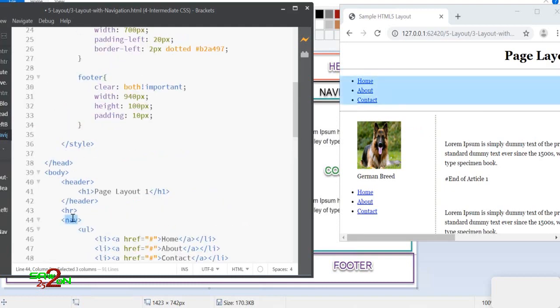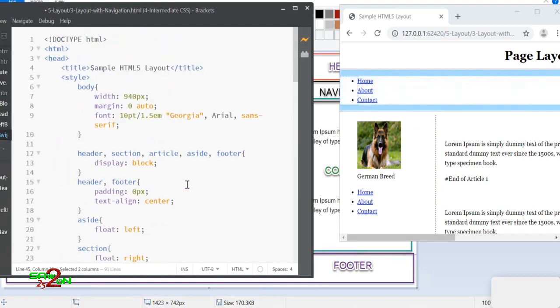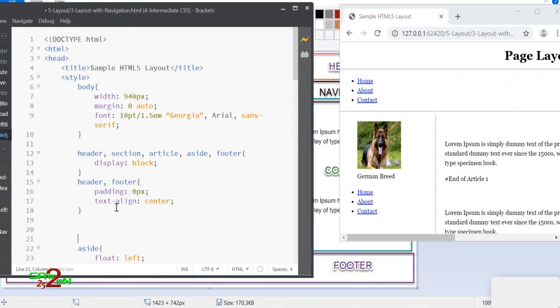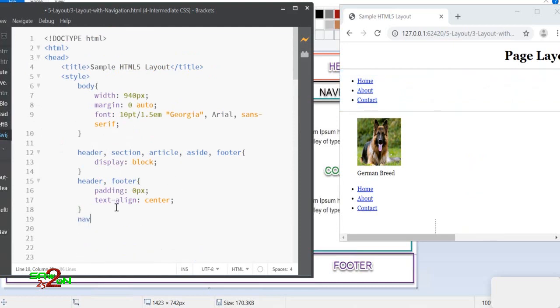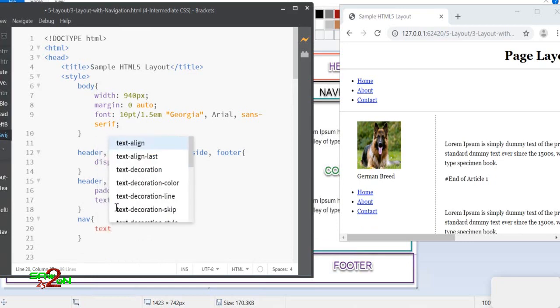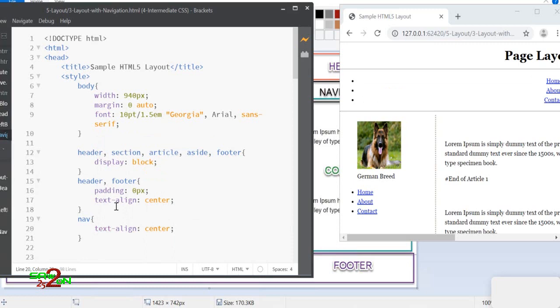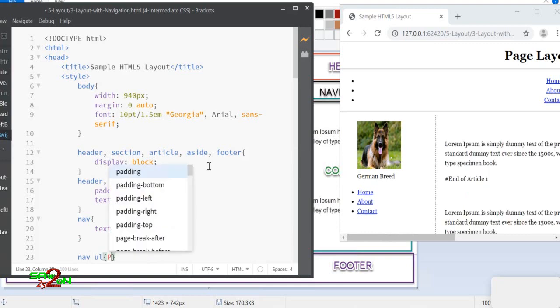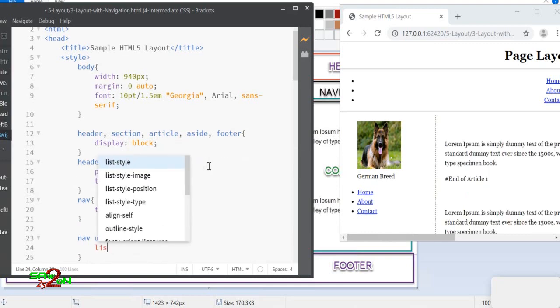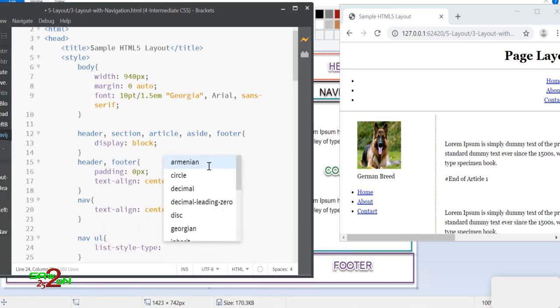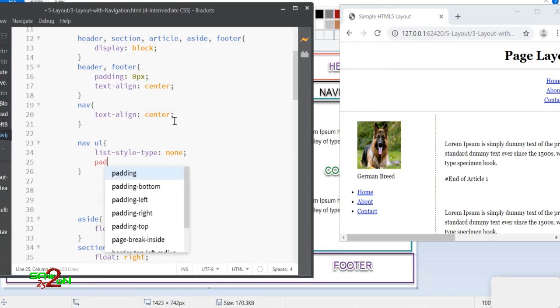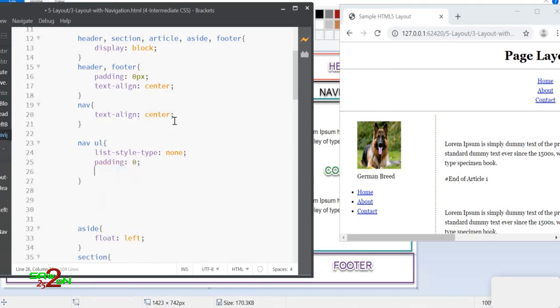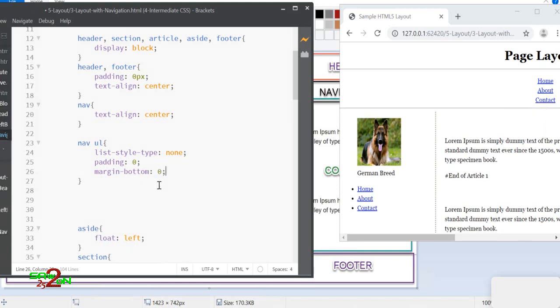All right, so let's do some settings onto the navigation. We are in the header and the footer, so we'll add it here. For the navigation we will text-align to center, so they go to the center. Onto the ul, first we'll remove the list style. None, so the list is gone. We'll remove the padding as well. We'll also remove the margin from the bottom, so it really looks like the content is starting right after the menu.